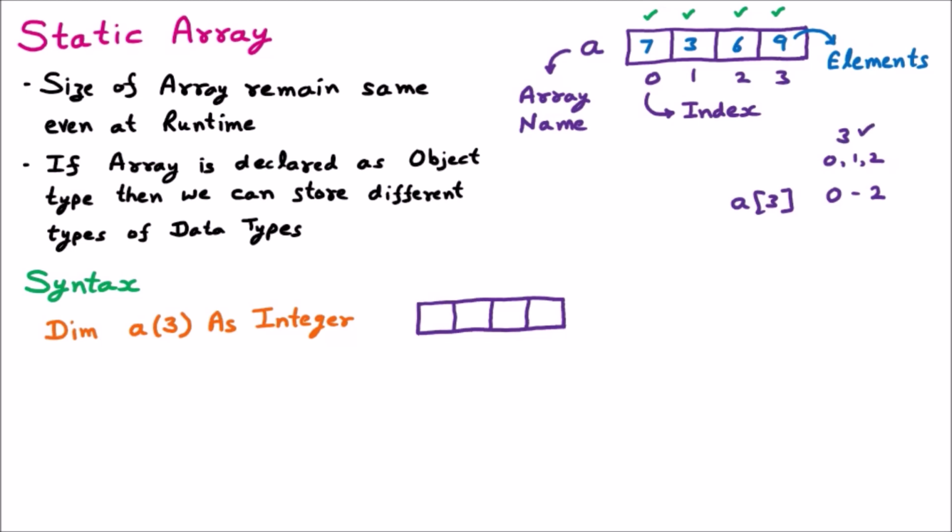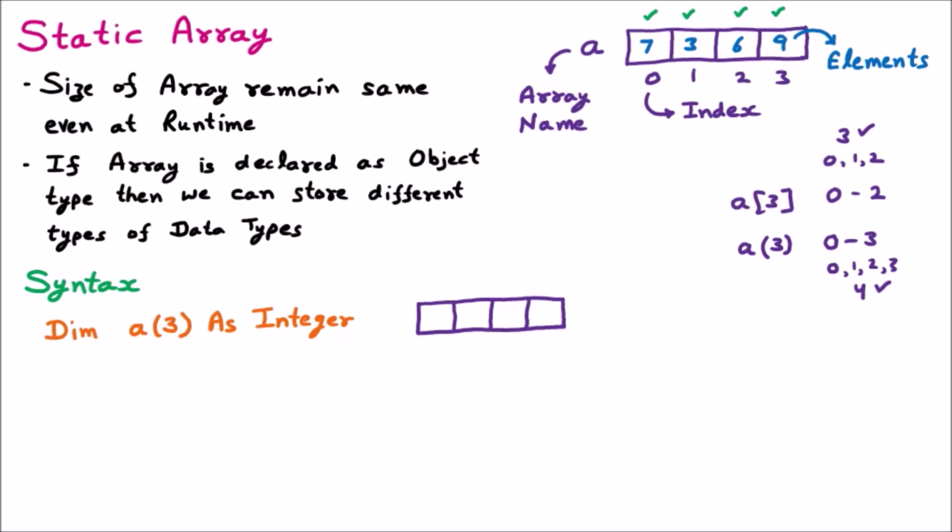But if you talk about .NET here, the first thing, the brackets got changed. So here if I am writing (3), the bracket is changed. Now second thing, the .NET array starts with 0 and goes till 3. That means 0, 1, 2 and 3. How many elements? 4 elements. So if you are declaring A(3) in .NET, then 4 elements will be stored.